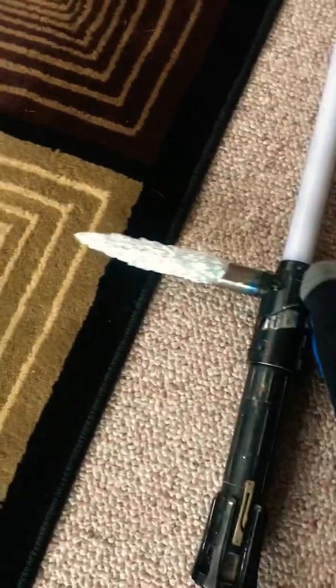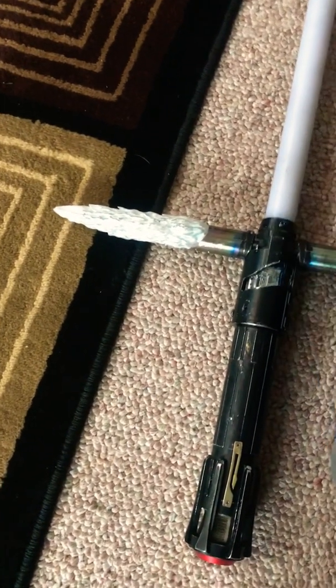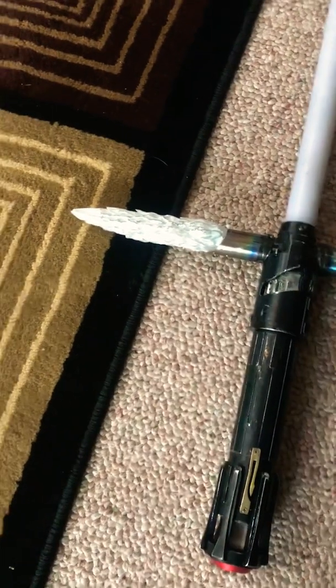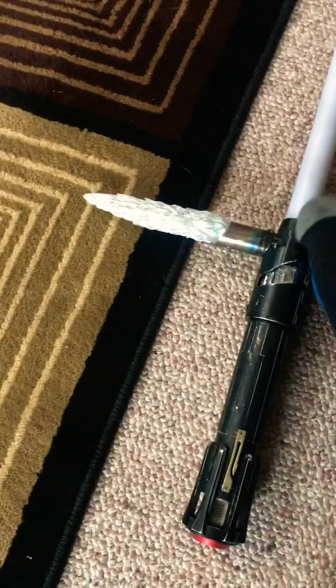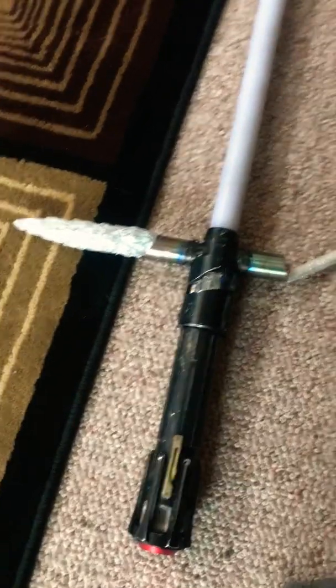I thought this was wobbly at first. Then I thought this chamber over here was wobbly. Then I thought it was the ring. Then I thought I tapped these screws in the wrong spot, and none of those were the problem. Not these screws, not the one screw in back, nothing down here, not this part. It was all right here because the blade was too small. The blade was not a 1-inch OD. It was like